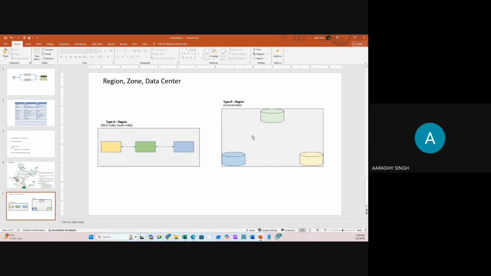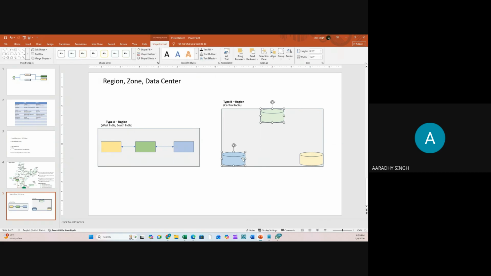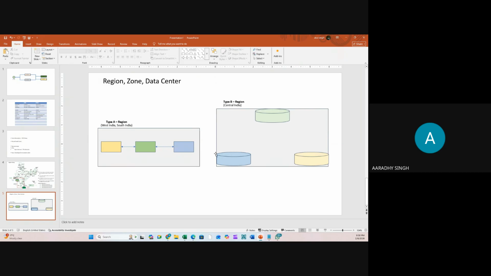One, two, three. So these 3 are zones. Within a zone, there will be minimum 1 data center, maximum will be 3 data centers. How many data centers in a zone? Minimum 1 and maximum 3.